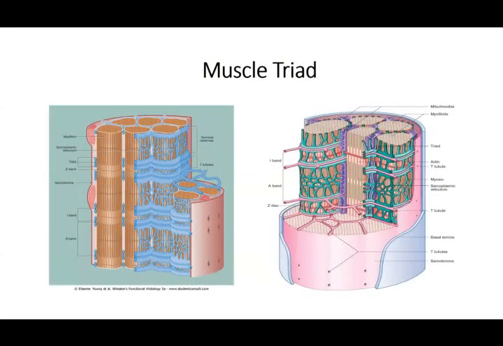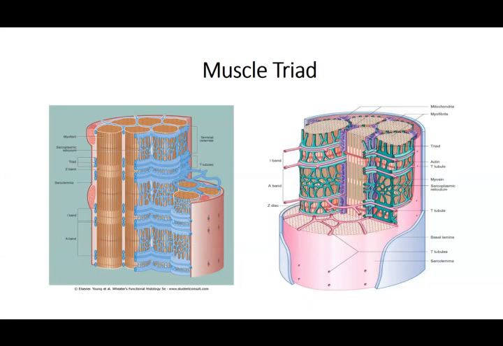Now, in the skeletal muscle, you see a triad. Where there is invagination, this pink one is the T tubule, and on either side of it you see the sarcoplasmic reticulum. That means two sarcoplasmic reticula, this green structure on either side, with one T tubule in the center. This is why it is called the muscle triad. The function is the same, that is to depolarize the whole of the muscle at the same time.